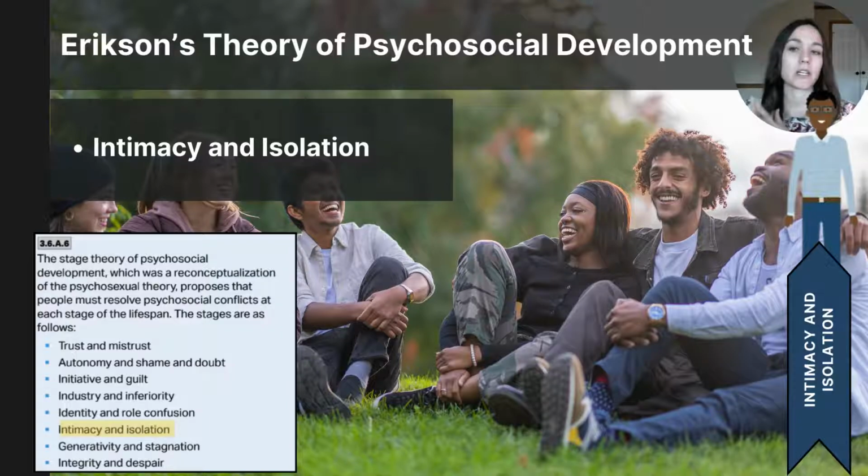An example might be an adult who forms deep committed relationships like romantic partners or close relationships. And that would be the positive outcome, that the adult is forming intimate relationships, fostering emotional connections and companionship and trust. But the negative outcome in this particular conflict would be failing to form close relationships that can lead to isolation and loneliness.